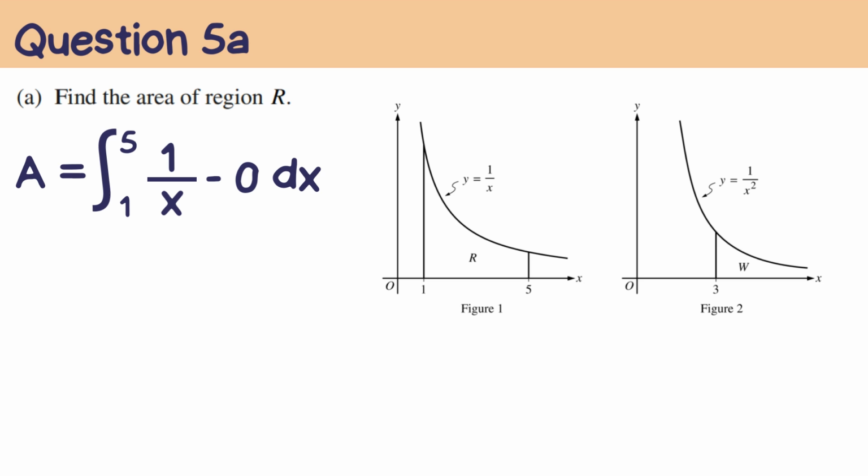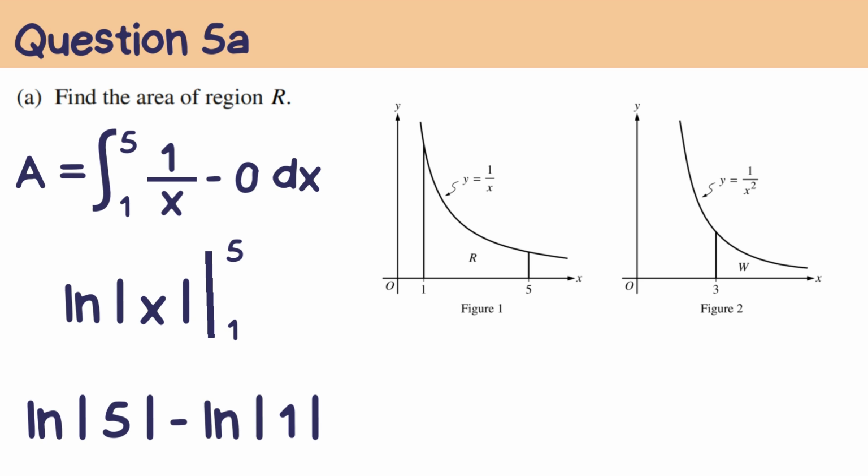So the integral of 1 over x is going to be the ln of x, and remember that the derivative of x is 1 and 1 is on top, so it would be the ln of x. And then you want to evaluate it from 1 to 5, and then I'm just going to place in 5 for x, and then 1 for x as well, and subtract them from each other,